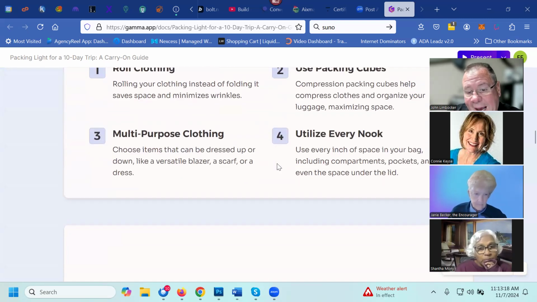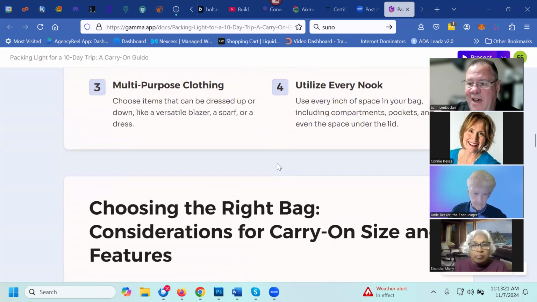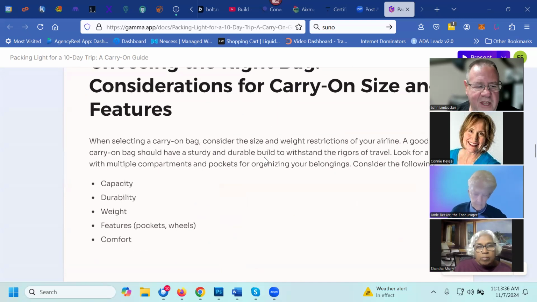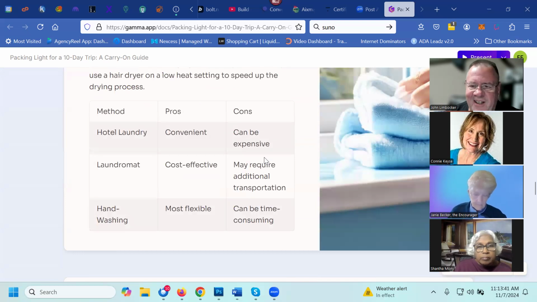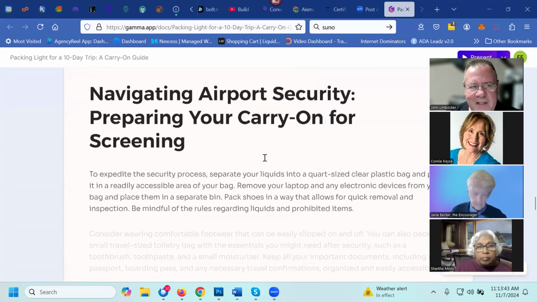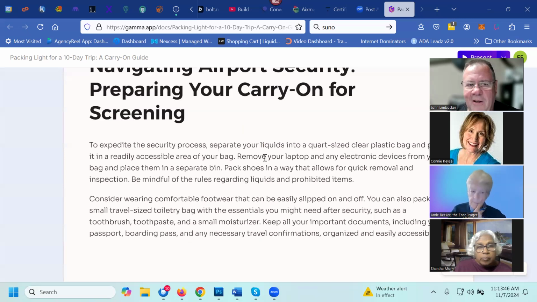Now, what I would recommend, keep in mind that Gamma creates something based on your prompt. It doesn't mean it's set in stone. You can come in here, you can change this, you can put your own images in. If it's not exactly in tune with what you think, you can change it. But the other thing that you can do, and this is something I've been talking about and alluding to for a while. When you create a lead magnet, wouldn't it be nice to have the lead magnet pay you?